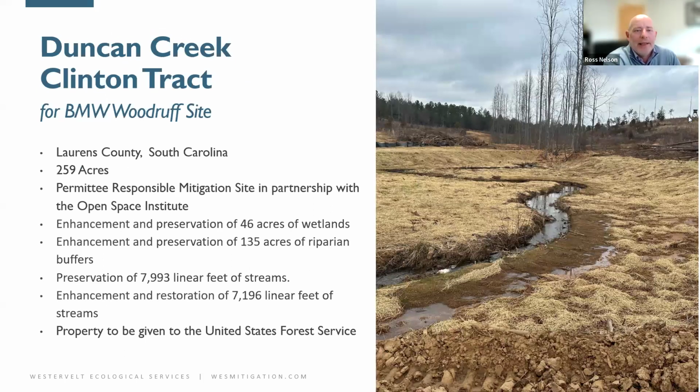Next slide. And then the last project I'll mention is one that we did for BMW Woodruff site. This one was a PRM project, a full delivery project that we did in conjunction with the Department of Commerce and Open Space Institute. And this project's a 259-acre site in Clinton, South Carolina, where we are currently under construction, restoring over 7,000 linear feet of stream, enhancing and preserving over 46 acres of wetlands, and ultimately protecting 259 acres